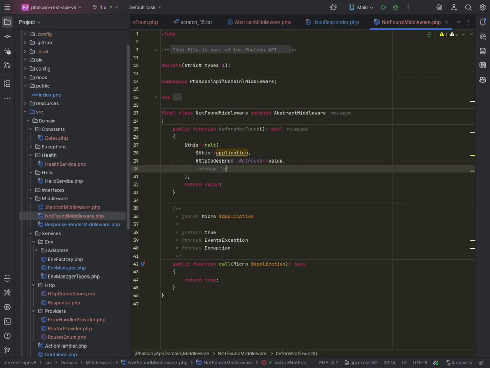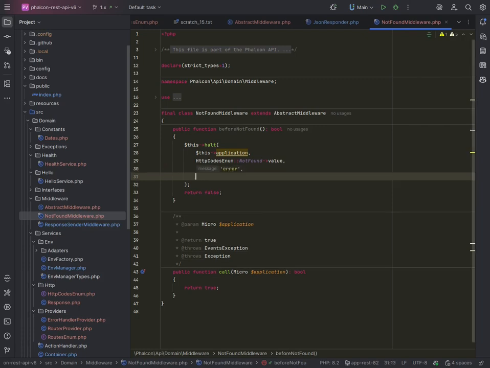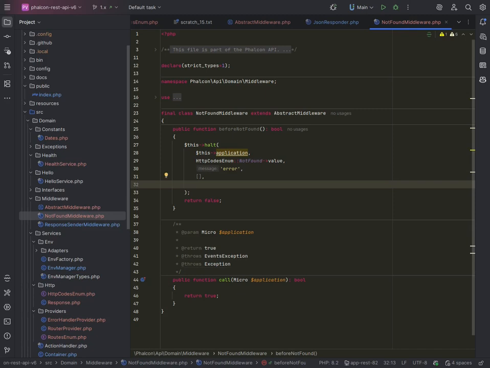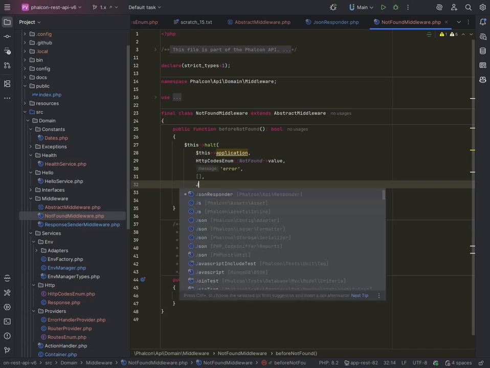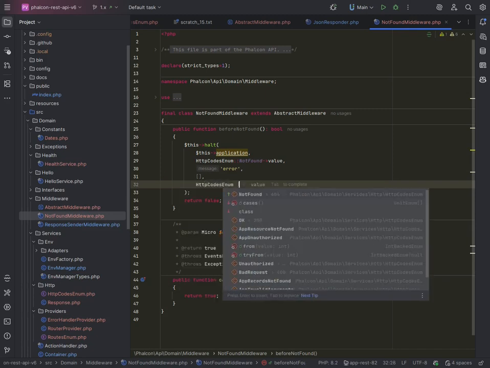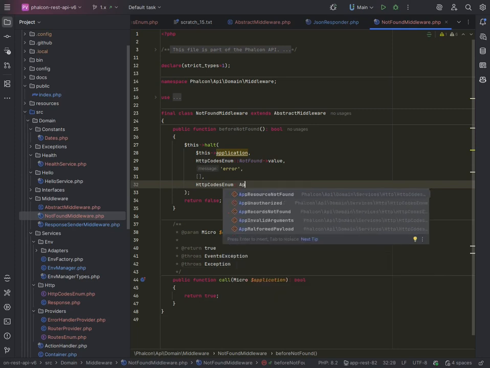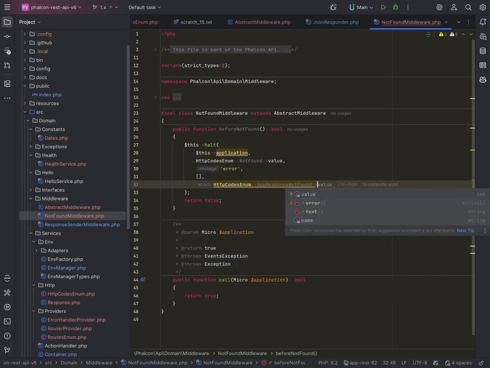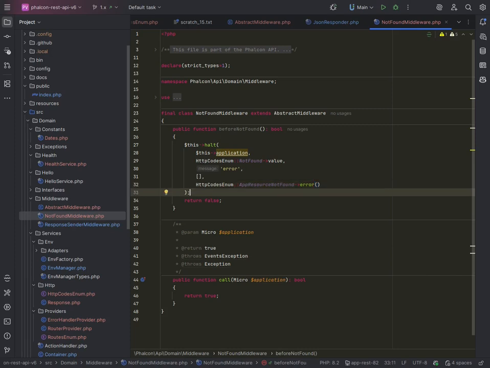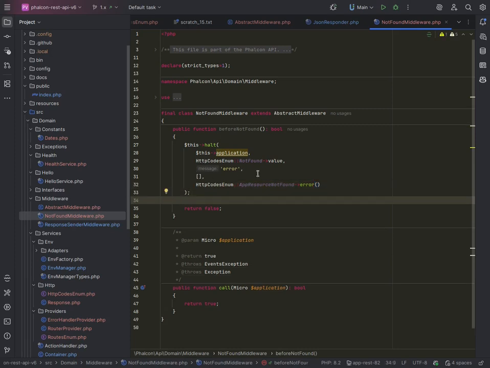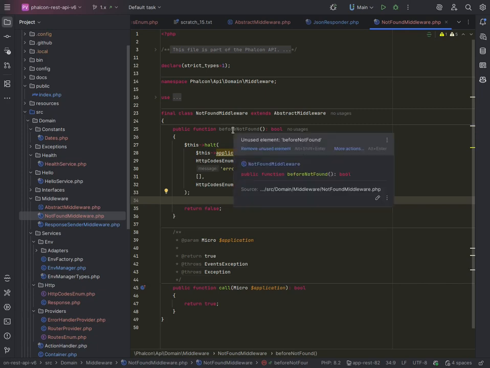The message will be error, and then the data will be nothing, and the errors will be HTTP codes enum app resource not found error. I'll explain those in a minute, but first we have to fix this, because the before not found doesn't have